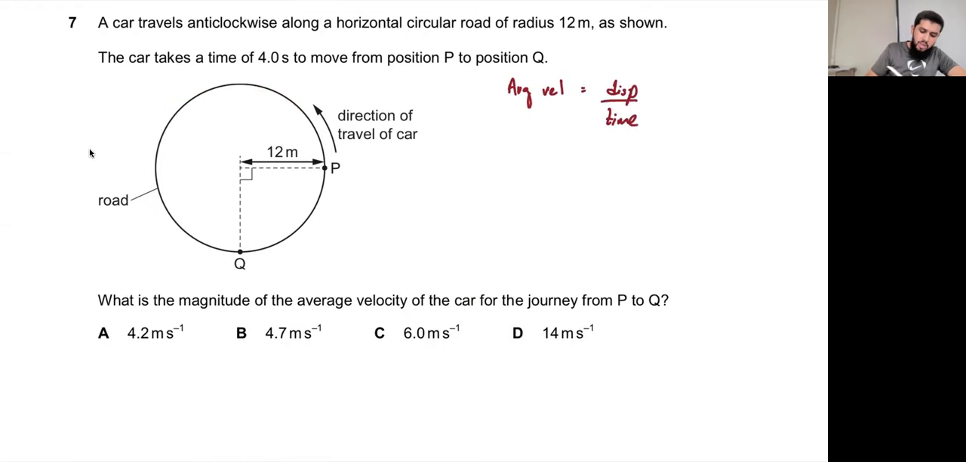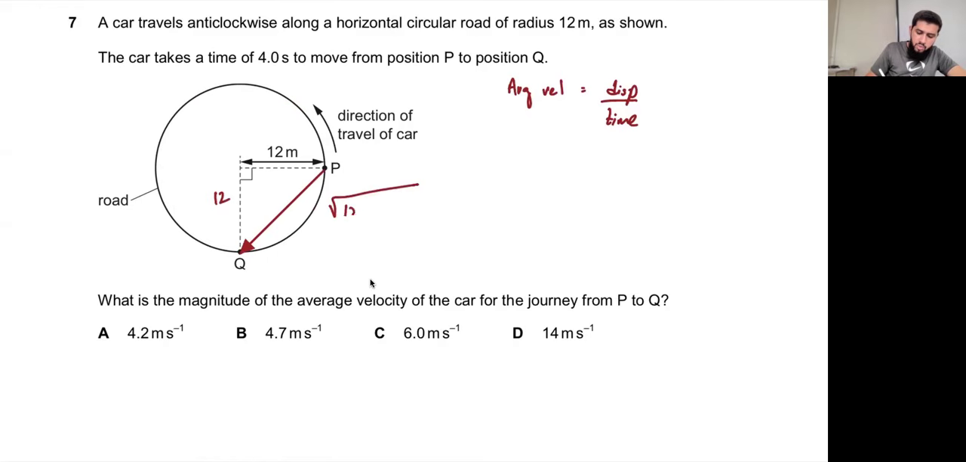Now, even though this is the path that is taken by the car, displacement has nothing to do with the actual path taken. Displacement is the shortest distance between start and end. So the shortest distance between the start and the end is this position. And if this is 12, this is 12,